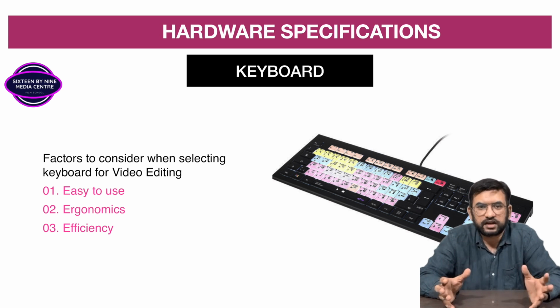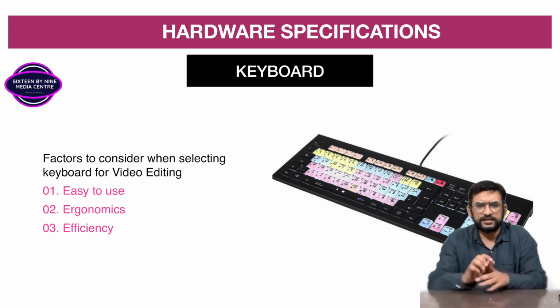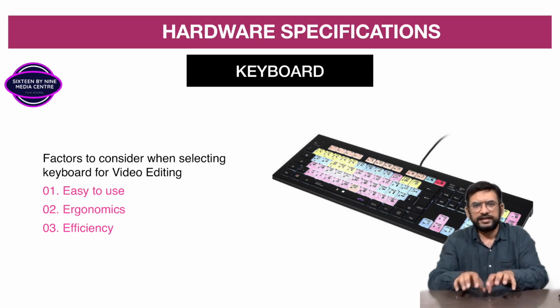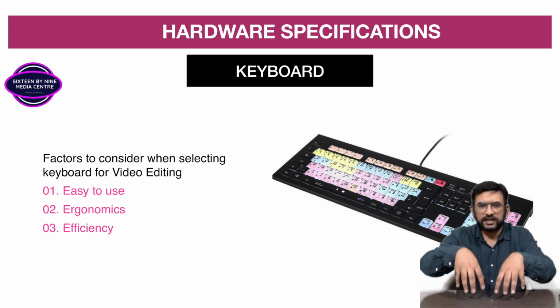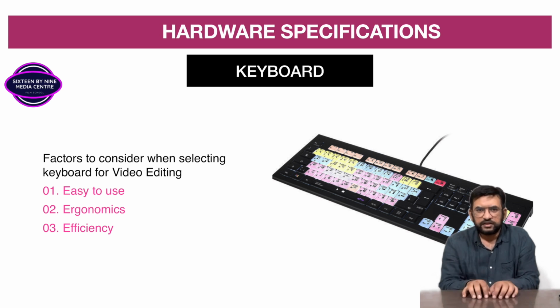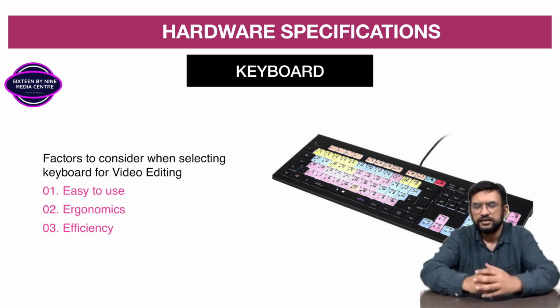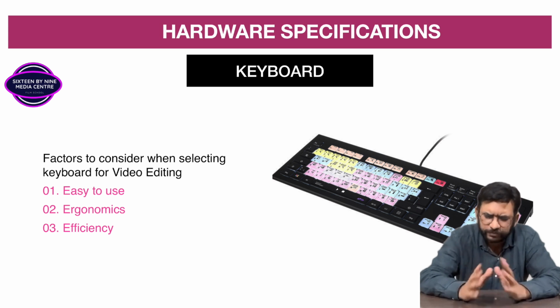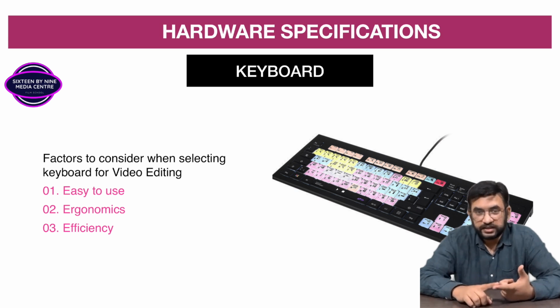Second thing is the ergonomics. Ergonomics means the build type. How it is built. Is it built straight? Is it comfortable around your eyes? Is your wrist getting stuck while you're typing or editing? Generally, you should have your hands up when you are editing, right? Your hands up. You should not edit like this. Your hand should be up and you should perform like this. This is the way to edit, and it depends on the person again. This just makes it faster, and you need to practice. Ease of use, ergonomics and efficiency.